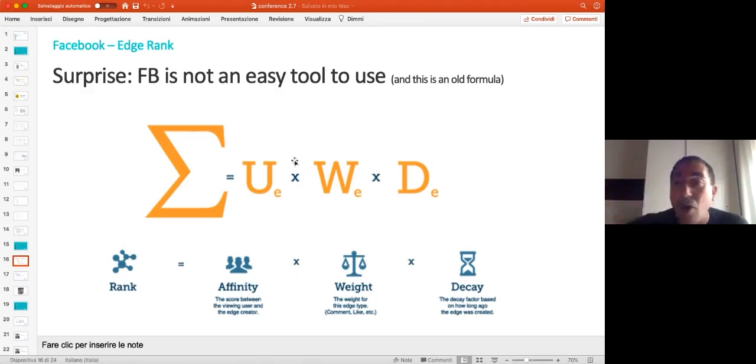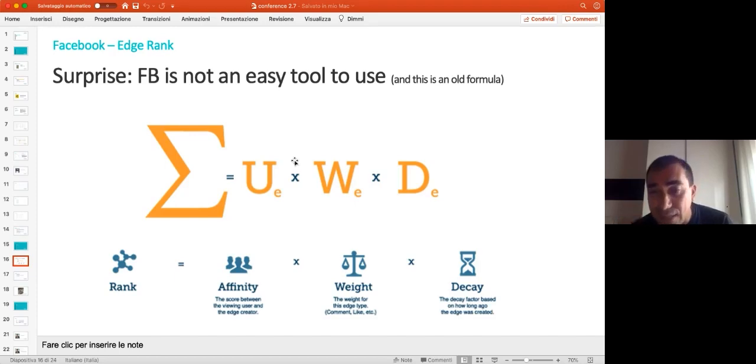Now, there were only 3 variables. Now there are more than 10,000. So I cannot show you all the 10,000 variables, but these basics are still valid. So this is not the exact formula, but we are talking about the most important variables. When you have an image in your page and you want to talk to your audience, one thing I have to tell you is that if you post something on Facebook, not everybody sees your post,